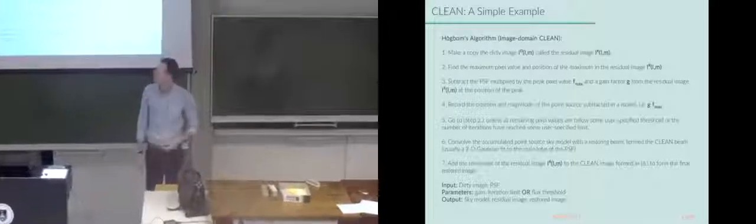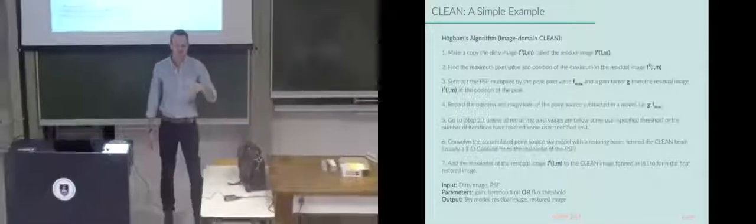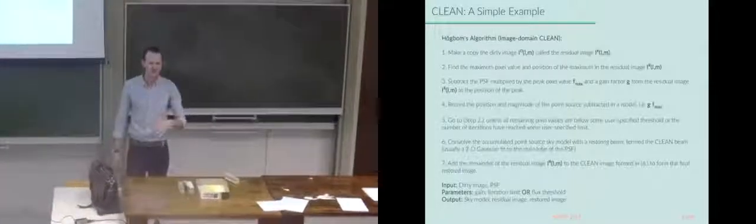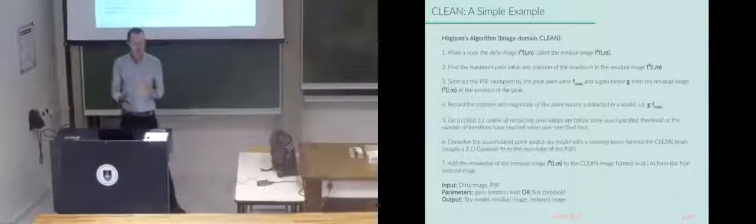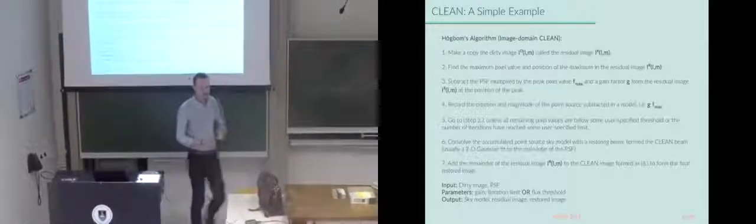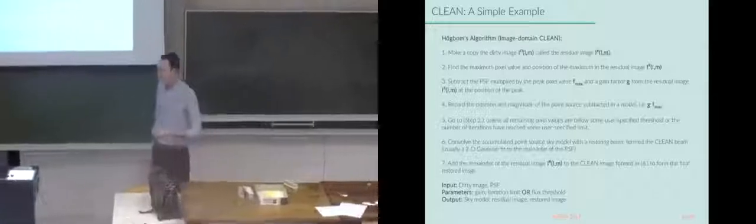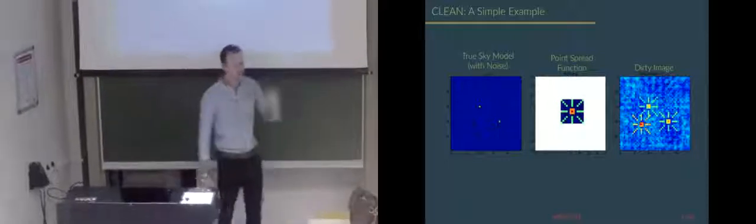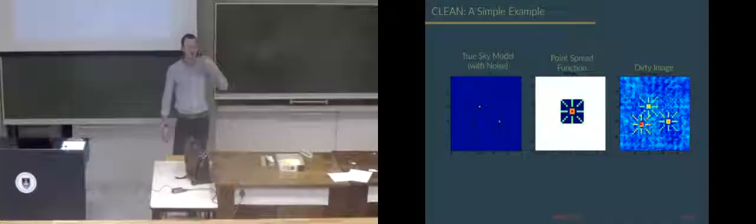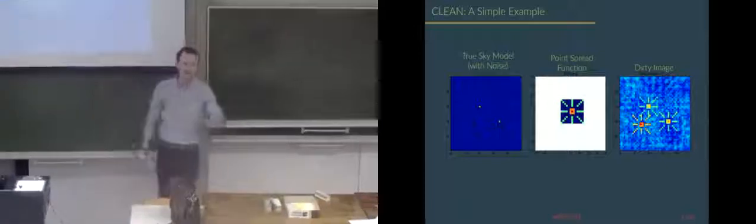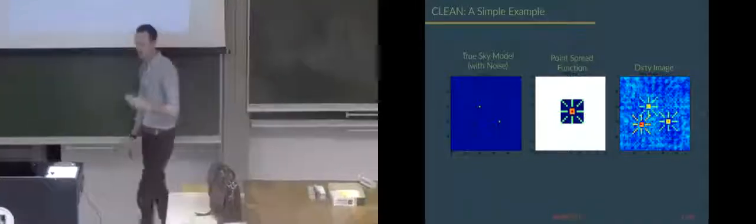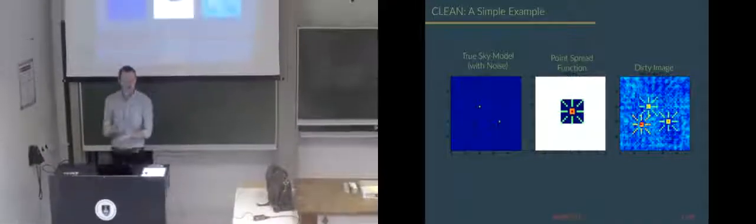You can set that where you can say, well, I know kind of roughly the noise floor is 10 microjanskys. So let's deconvolve down to 30 microjanskys, just to see, you don't want to go too deep into the noise. Because if you start adding noise to your sky model, you're going to start having effects, and you don't want to throw in that noise. So even if there's only 3 sources, you might want to run 100 iterations, because you're only subtracting off, say, 10% of flux from each one of these every time. And so you're going to deconvolve multiple times on a source. And you want to be careful about what percentage of flux you subtract every time.